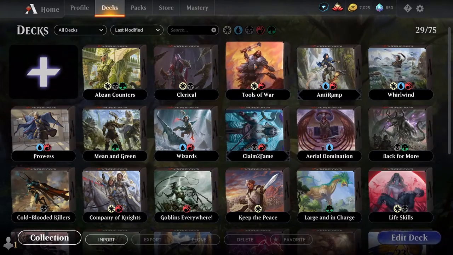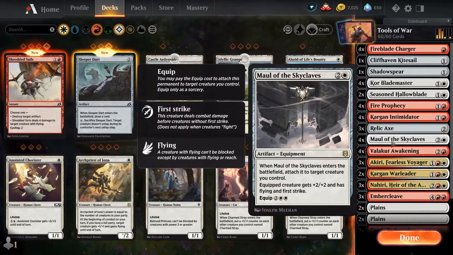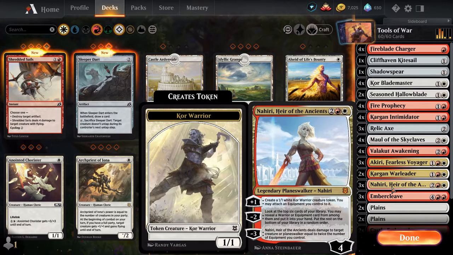The second one we're going to take a quick look at is the Tools of War deck. I am now up to 4 copies of Maul the Skyclave, added Nahiri, Hero of Ancients, and again, I have the original deck list that I had. The biggest issue that I had with it in the past was that I did not have the consistency necessary because I had run out of rares. But we're back in business, so